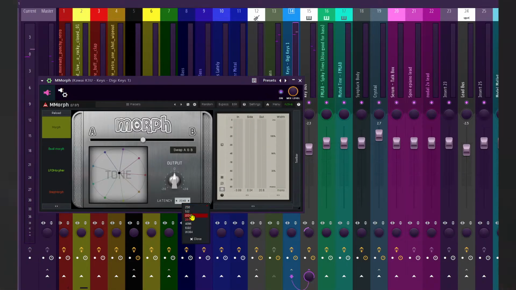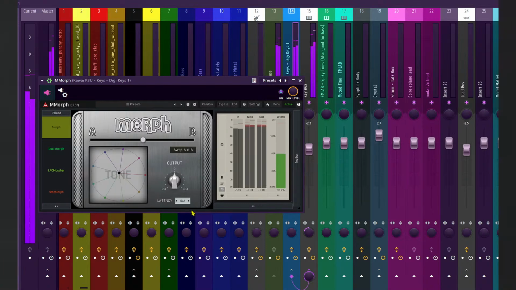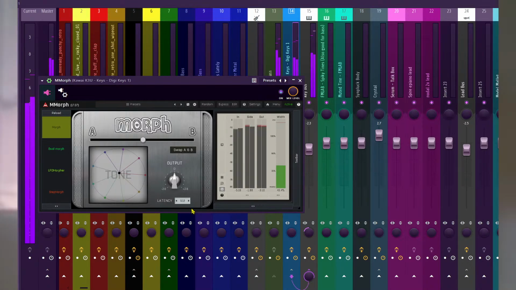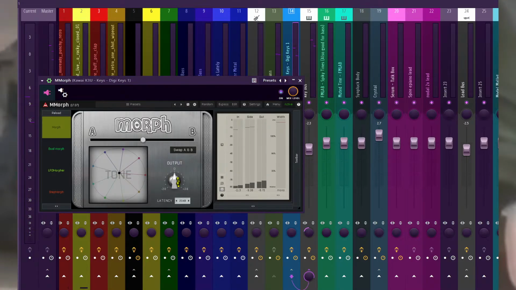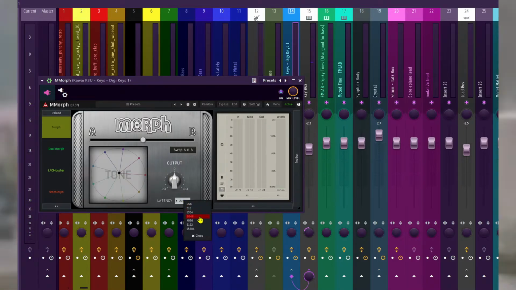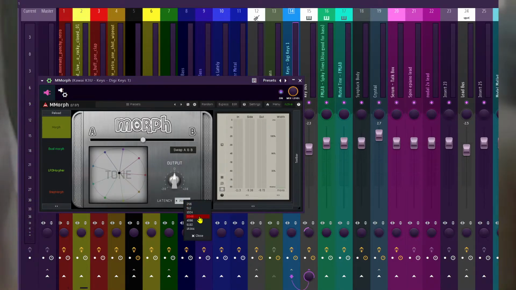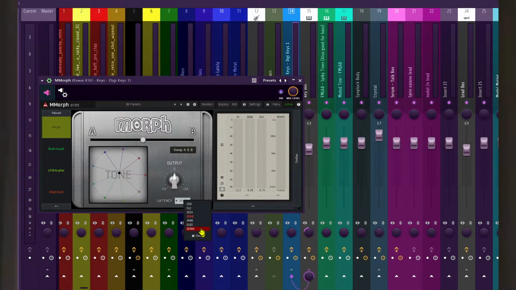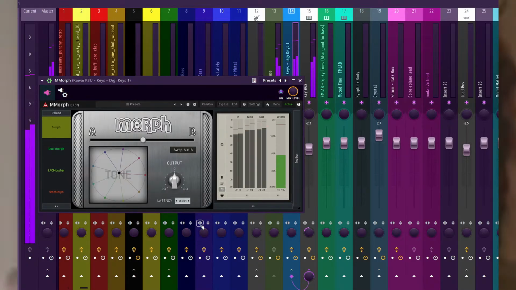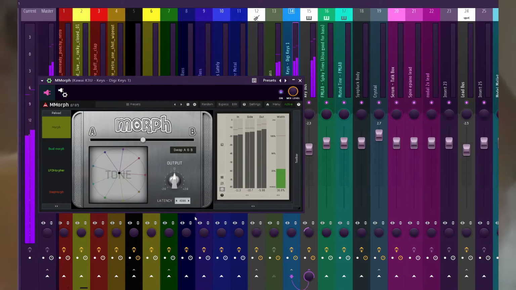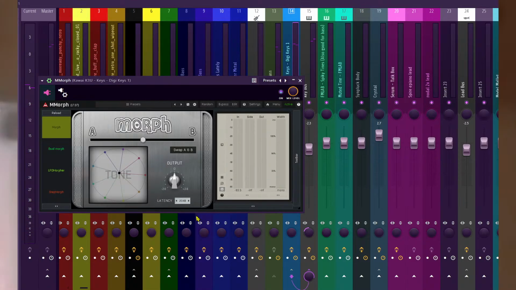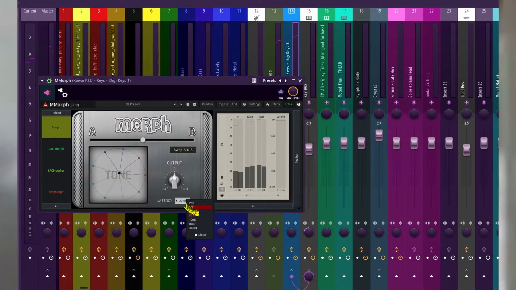Let's bring it down to 512. Yeah, that sounds kind of bad. But sounds a little punchier, though. Check it out. You'll notice the attack transient when we go back to 2048 is less. Let's go to 16384. Yeah, it's very smeared. It sounds very smeared and mushy. So you kind of want a sweet spot in there, maybe